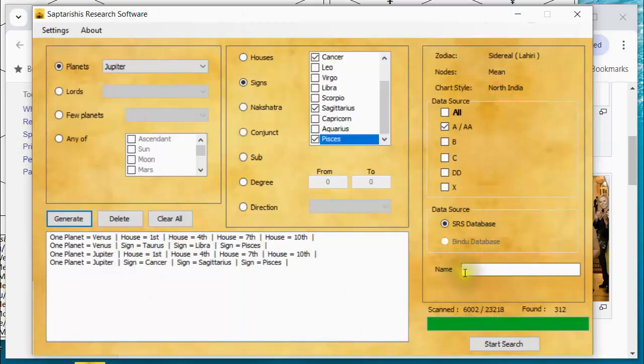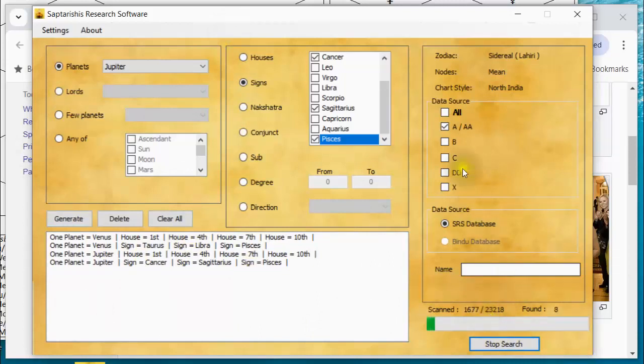I believe I'm good to go. Start my search button. And remember, we have 23,000 data points here in the AAA category. Keep an eye out. Whoops, I missed it. There were around 15 already accumulated at the 2,300 mark. So that means I'm going to have 10 times as many when this does its full run. So I'm going to have about 150 horoscopes to examine.